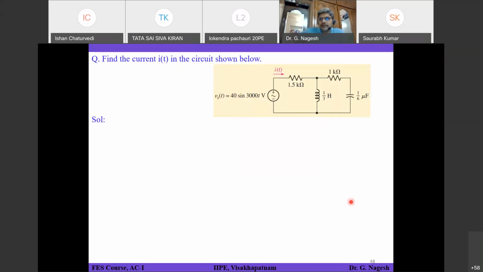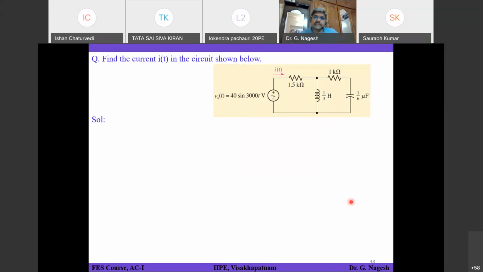40 at an angle of plus 90. Are you sure? Is it plus 90 or, sorry sir, minus 90? Minus 90. So it should be minus 90. If you want, you can add plus 90 and minus 90 with 3000t and then convert it. If you are confident enough by seeing the function itself, you can straight away say, if you are writing in terms of cos, the sine function will be 90 degrees lagging, so you will get 40 at an angle of minus 90 as the phasor voltage.